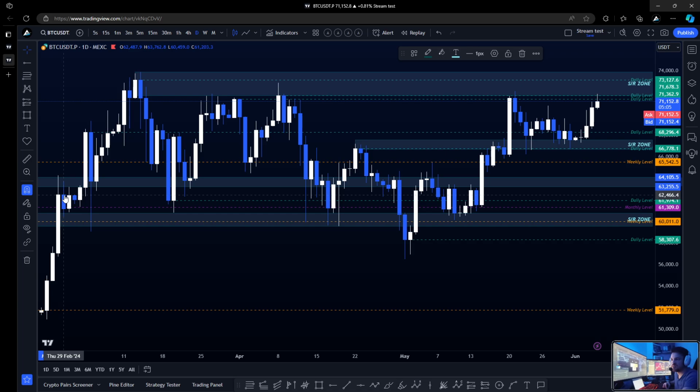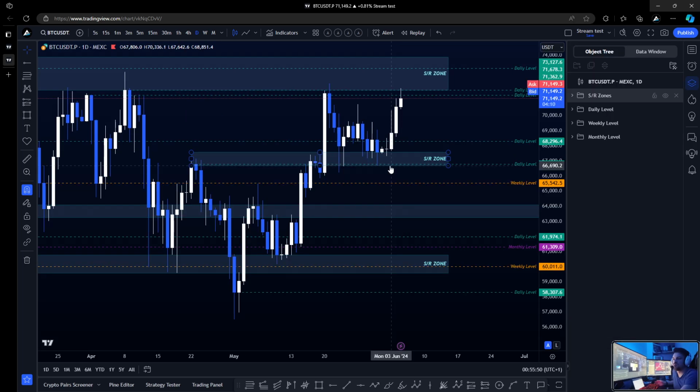Just based on this, you can see places that are likely to be a good reversal area. This right now is a good reversal area. This right now is a good reversal area. Blasting through that, this is a good reversal area. Where you see more lines stacked with the support and resistance zones, that basically tells you, from a swing perspective, for any trade, if for example this bull run fails, if this is not the restart of the bull run,